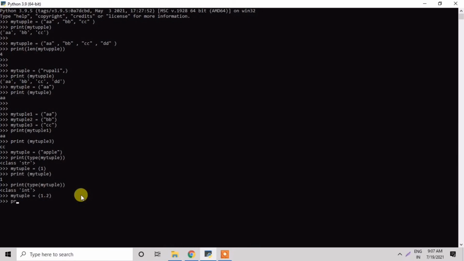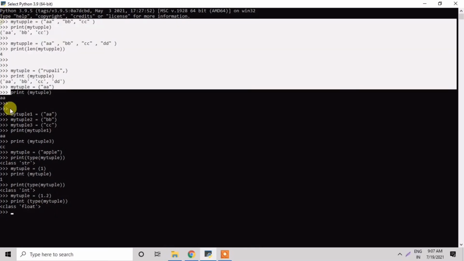Now I'll write the print function for this, print type of my tuple. This type is known as float because it is a decimal value. So 1.2 is a float value.